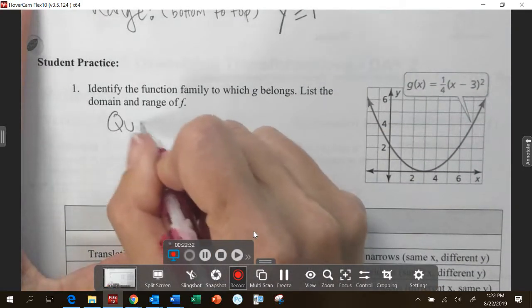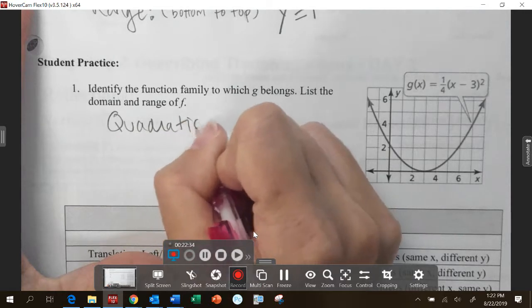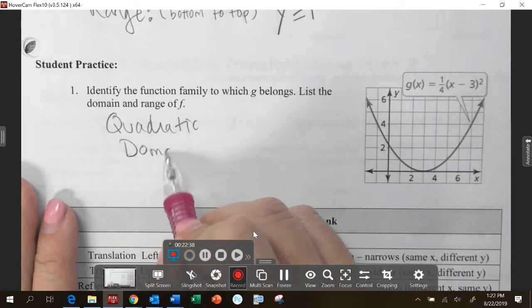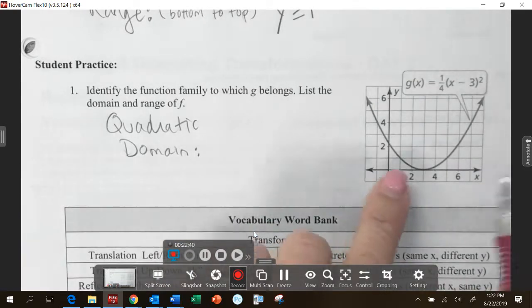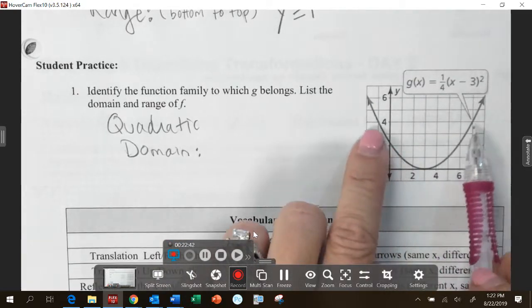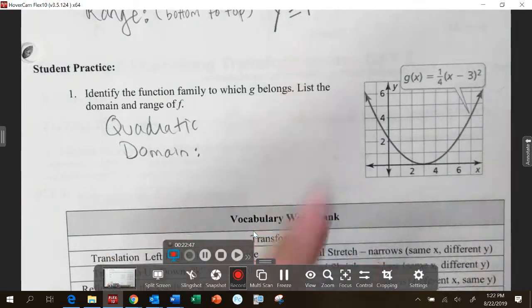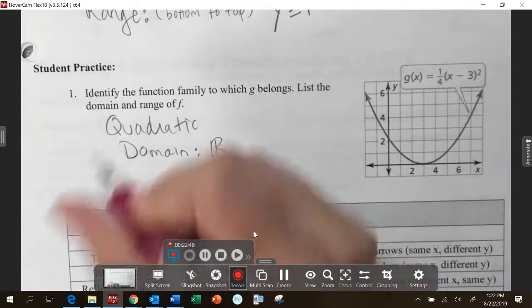Quadratic family, U-shape, quadratic family. Then domain is how far to the left and how far to the right. So we look at this, it's going left and right, and it has arrows. Does it ever stop? No. So what's the answer? All real numbers. And then range,